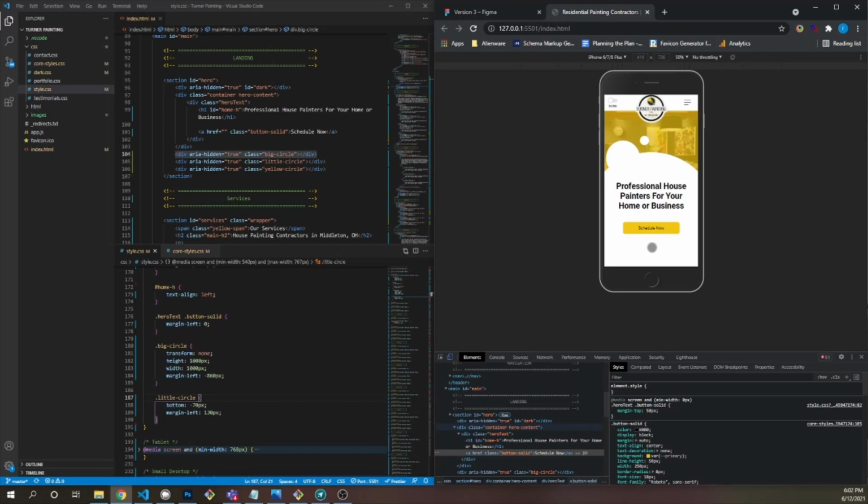I'll put a floating button, not so much a button, just a chevron or an SVG of an arrow or a chevron going down. I think that would look nice. Fill that space a little bit. For now,